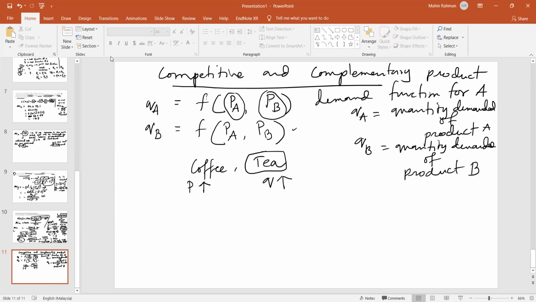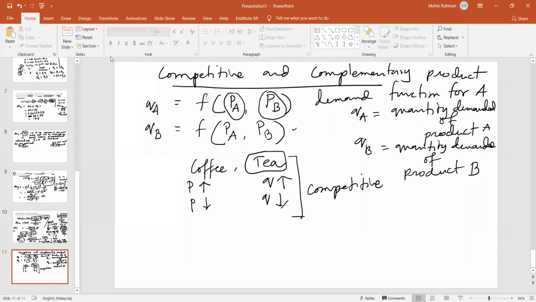If the price of coffee decreases, people will buy more coffee because now tea is relatively expensive, so the quantity of tea will go down. People will buy more coffee than tea. So this kind of product, we call it competitive,